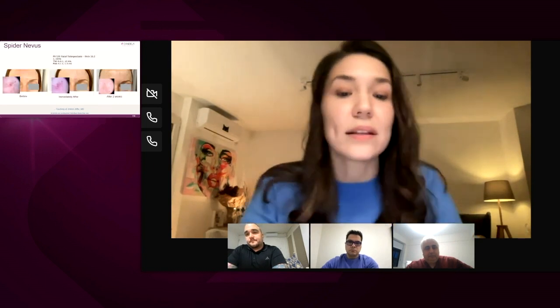Also, something that we see very often is spider angiomas on the face. Again, I also follow it on dermoscopy. The second photo is immediately after, where we see erythema and edema, and the last photo is after 2 weeks, where we see complete clearance. Also, when you follow it on dermoscopy, we can see different patterns of spider angiomas.